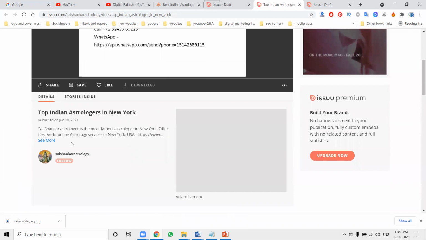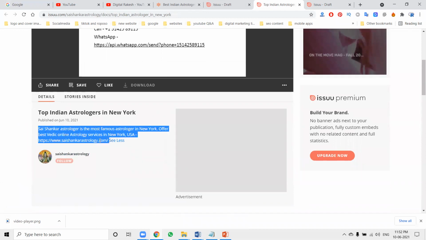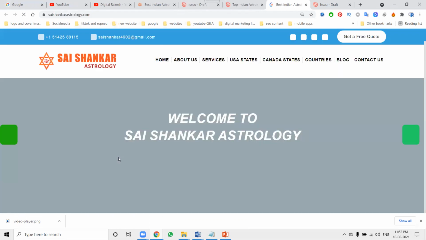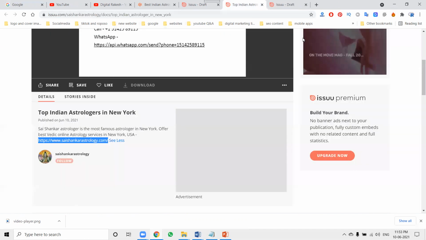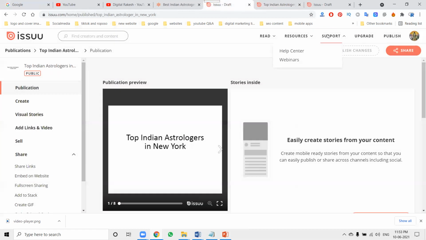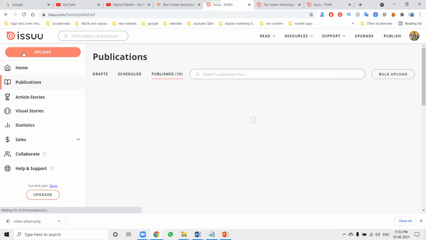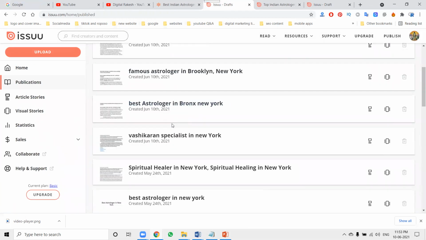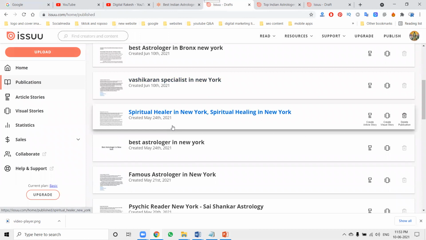People come to the details, click here, show more, and they come to this link, which opens from here. Click this website. So in the description part, you must maintain the link to the particular website from Issuu. These are the policies to follow to get traffic to your website using SEO off-page Issuu article submission website. The final destination is generating traffic to your website. Whatever articles you publish will be here. No limit.